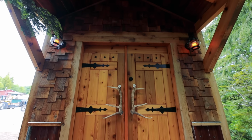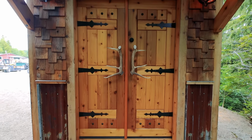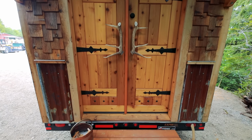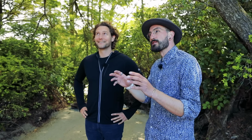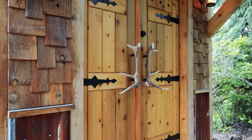They set the mood and the tone for how you feel about your space, and so I really love grandiose, epic feeling things. So I decided to make this entrance epic, and then it sort of influenced the rest of the feel, the themes and the motifs of the house. I've got a little bit of country boy in me and a little bit of West Coast boy in me, so I tried to incorporate both worlds for that cabin-y